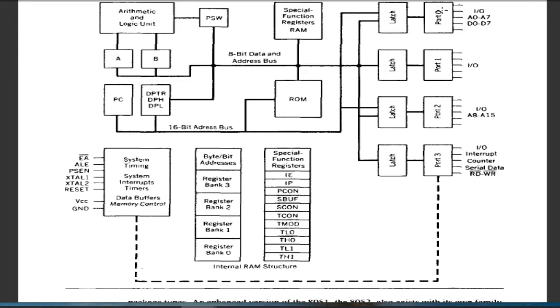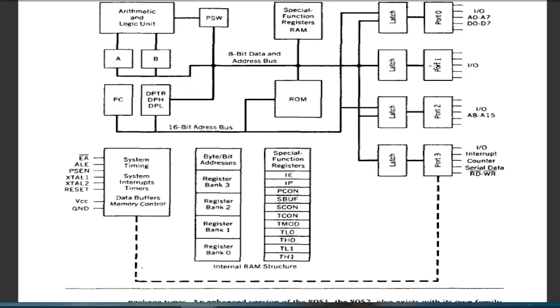So here, as you can see, this port 0 contains the address bus pins from A0 to A7, meaning the 8 lower pins of the 8051 address bus are connected with port 0. Then the IO pin is also there, meaning whether the 8051 is working in input mode or output mode, and then it is connecting with the input output devices. Then the data bus is also mentioned, so D0 to D7 are also working with this port 0 only.